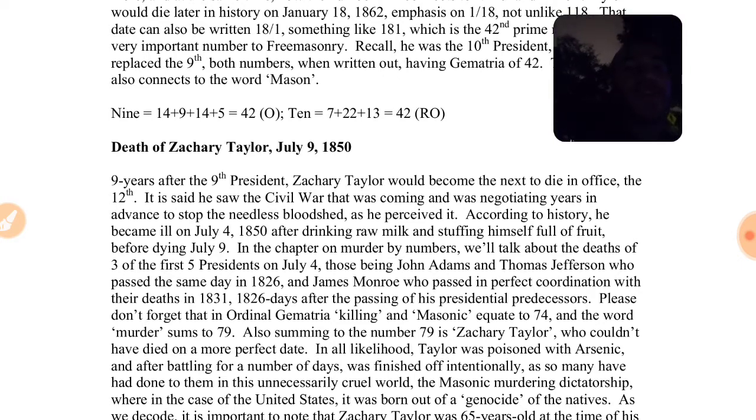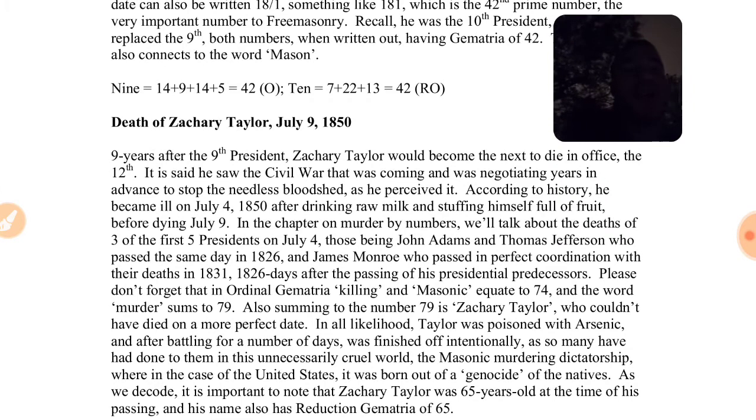It is said he saw the Civil War that was coming and was negotiating years in advance to stop the needless bloodshed as he perceived it. According to history, he became ill on July 4th, 1850, after drinking raw milk and stuffing himself full of fruits, before dying July 9th. In the chapter on murder by numbers, we'll talk about the deaths of 3 of the first 5 presidents on July 4th, those being John Adams and Thomas Jefferson, who passed the same day in 1826, and James Monroe, who passed in 1831,